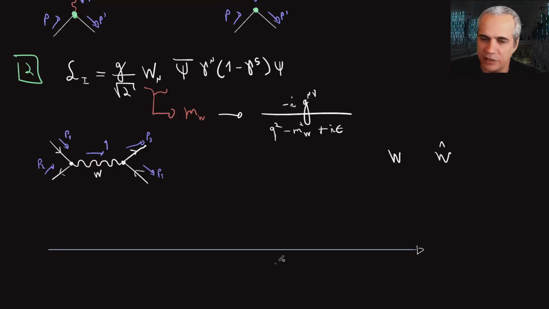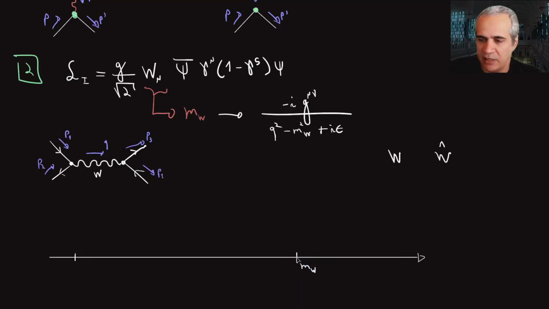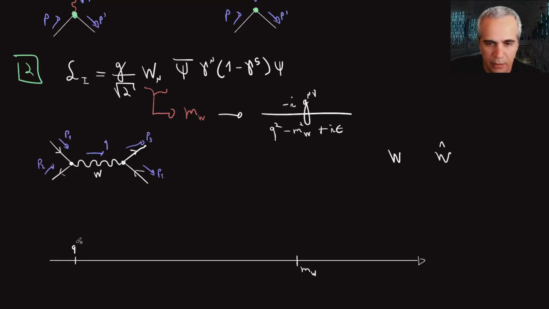If the energy, say MW, is here, and I'm doing my calculations or my measurements at a scale Q square much smaller than MW square here, then I can integrate W out completely, no modes, because there's a minimum energy for the excitations of this guy since it has a mass. I can be in a region where W does not appear at all, only inside virtual states or loops. And in that case, I can exchange